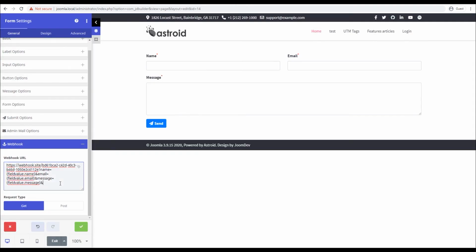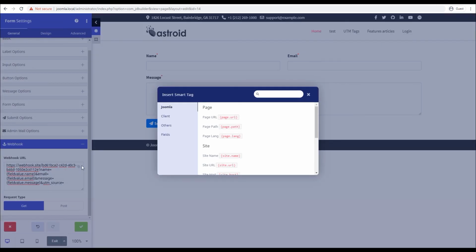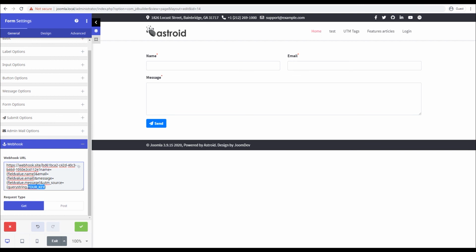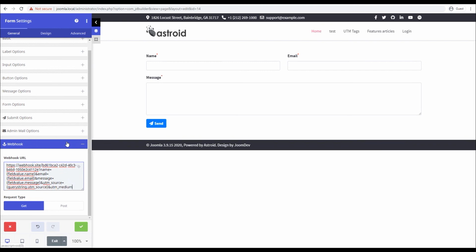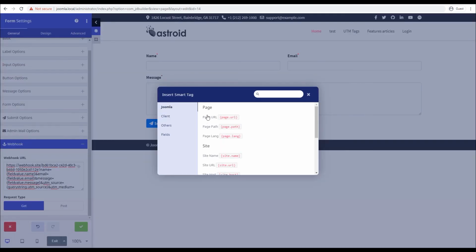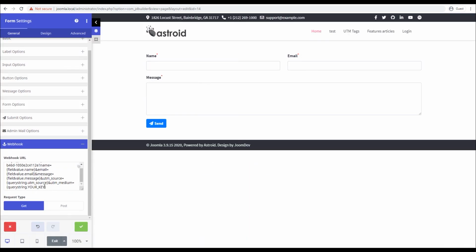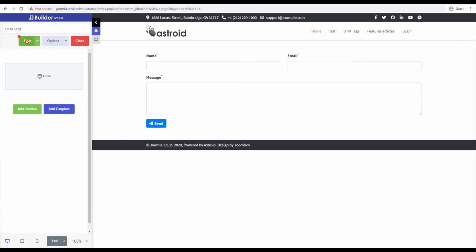and then we say message equals smart tag message. All right, and the next step would be you want to say UTM underscore source equals others and your query string, and you replace this with UTM underscore source, and then you say UTM underscore, what's the next one, medium, equals others and UTM underscore medium. We'll just do these two because the video is getting a little longer and it's kind of redundant what we're doing here. All right, go ahead and save it again,